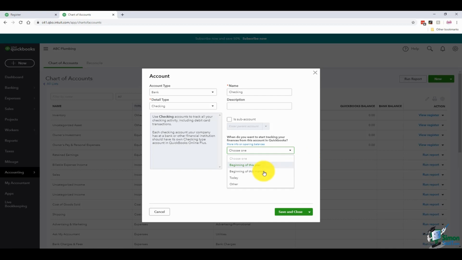You can also pick Other. The reason you might want to pick Other is, what if you have a bank statement that cuts off in the middle of the month? That would be an option where you can tell it a specific date to start with. It really doesn't matter what date you start with, just try to make it correspond to the start date of your bank statement. I'm going to go ahead and say beginning of this year,